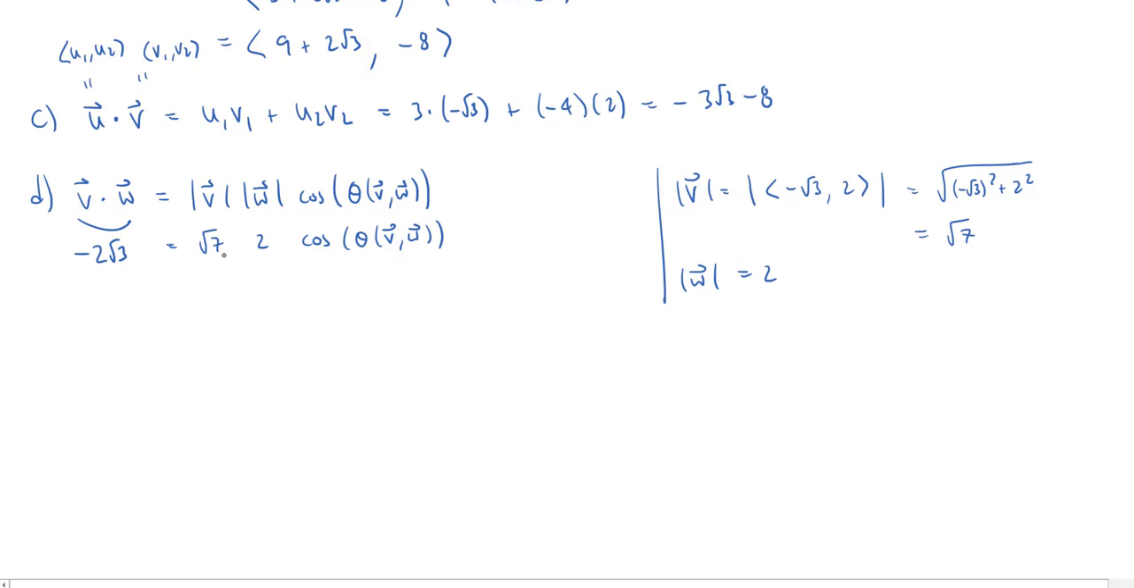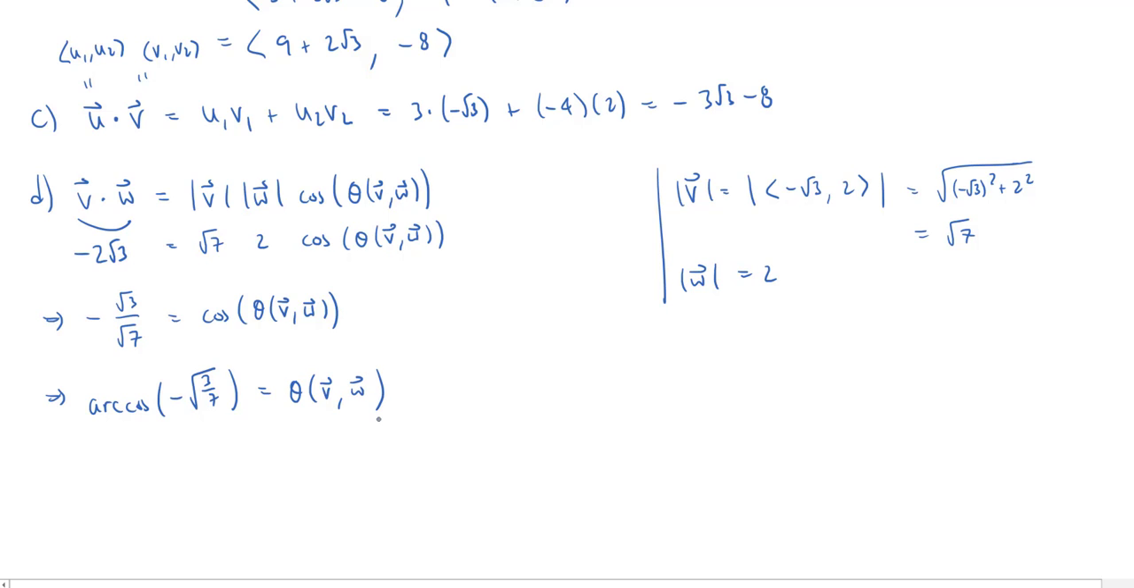Okay, so we can now divide to solve for the cosine. And if we divide everything here, let's see. The 2 and the 2 will cancel, and I'm going to end up with negative root 3 over root 7 is equal to the cosine of the angle between v and w. And so to get this angle, all we need to do now is take the arc cosine. So the arc cosine of negative, and here I'll simplify this as root 3/7, is equal to the angle